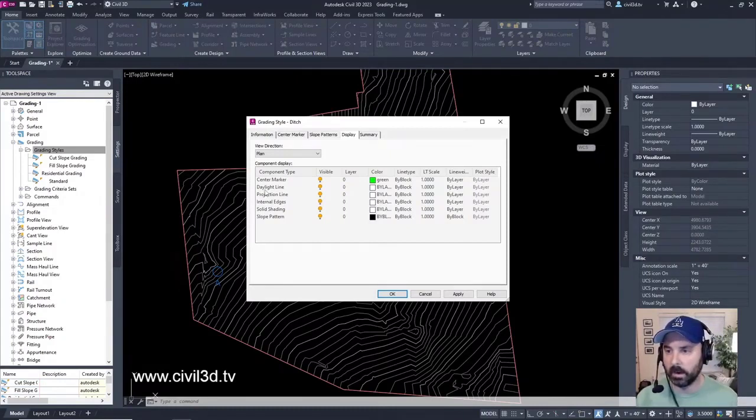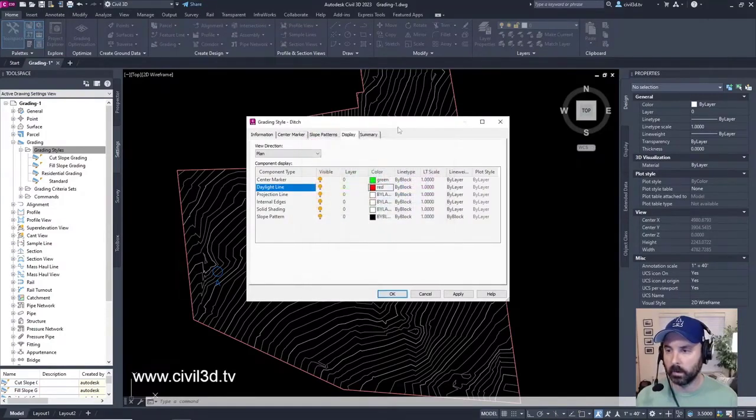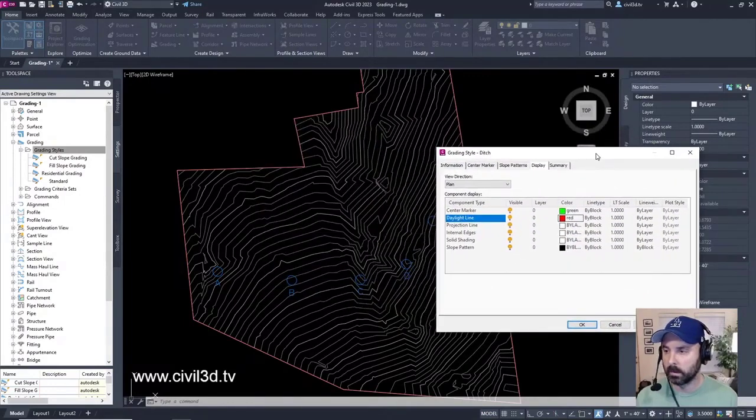Where's the daylight line? Right here. We're going to change this to a red. Then click OK.